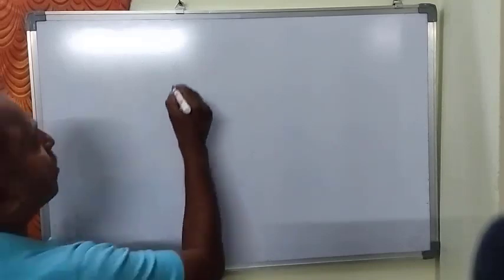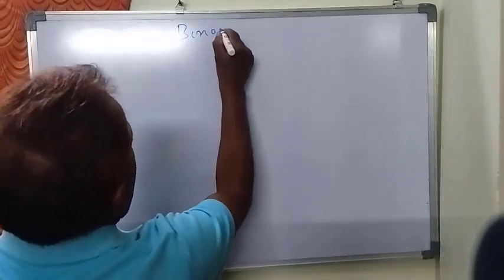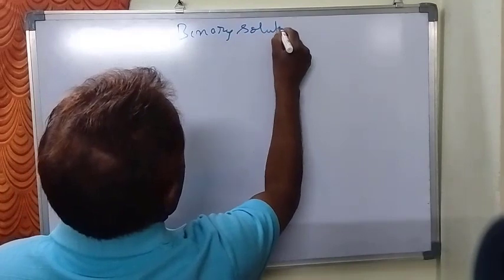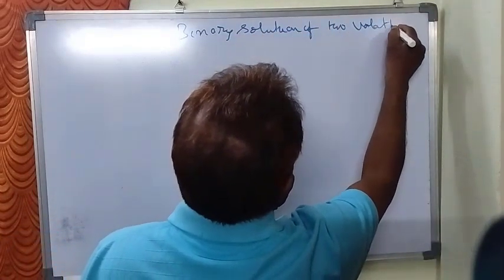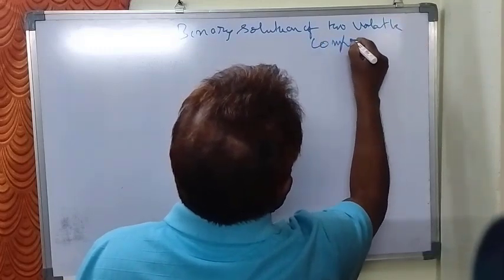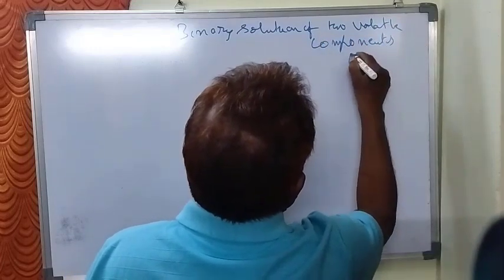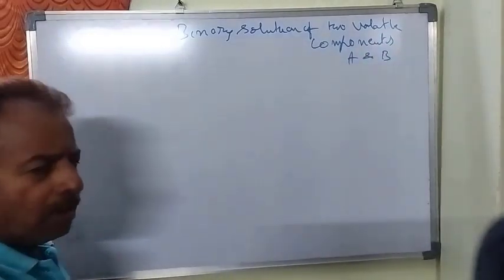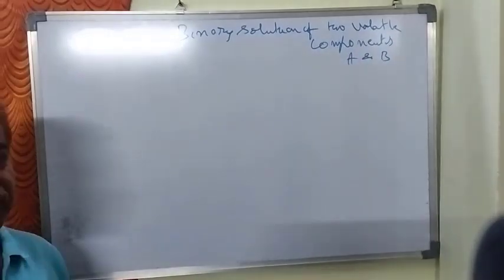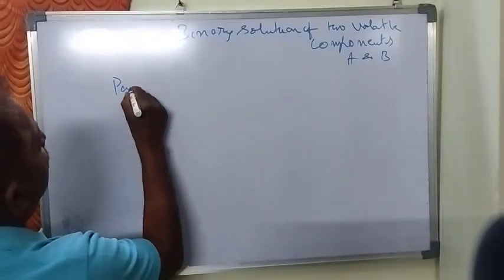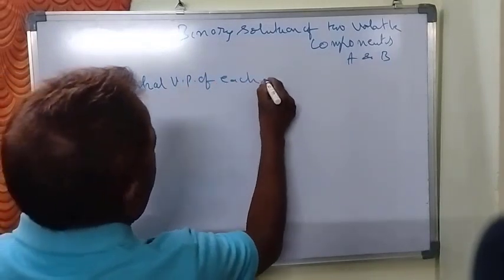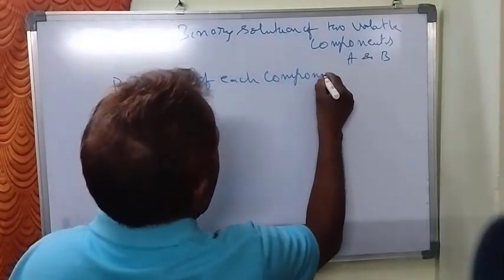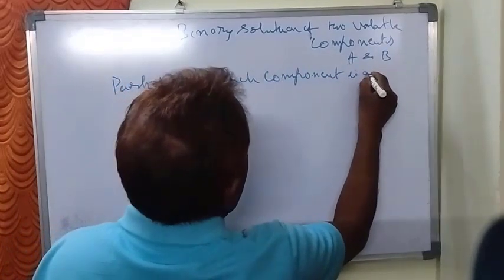In a binary solution of two volatile components, A and B, now, partial vapor pressure of each component. How do we get the partial vapor pressure of each component? It is given by